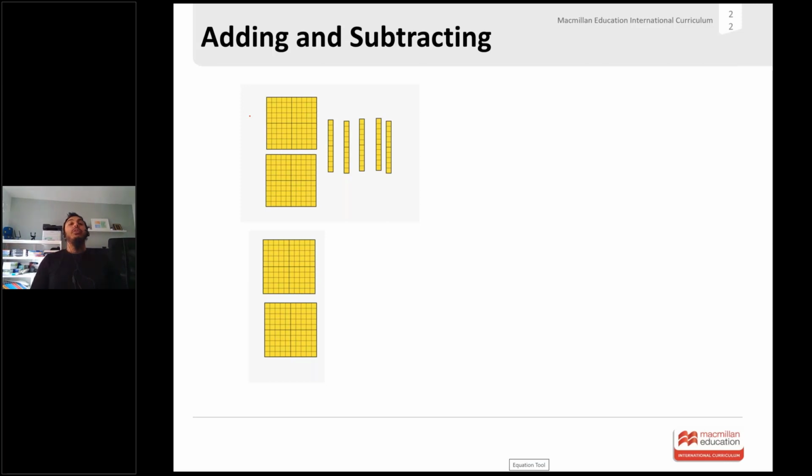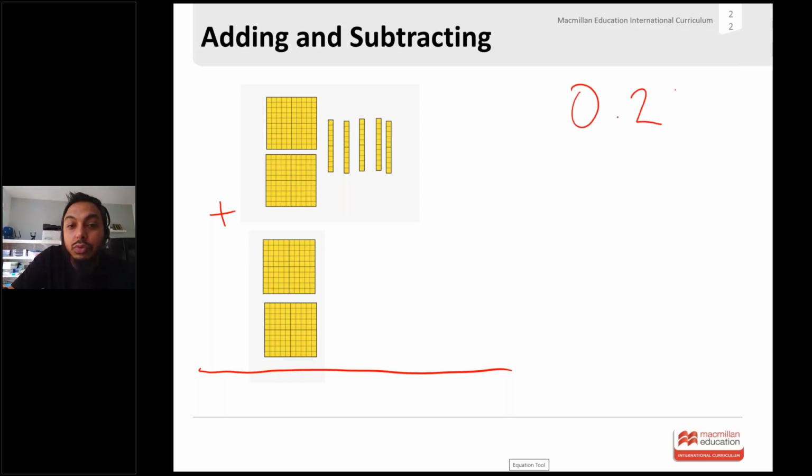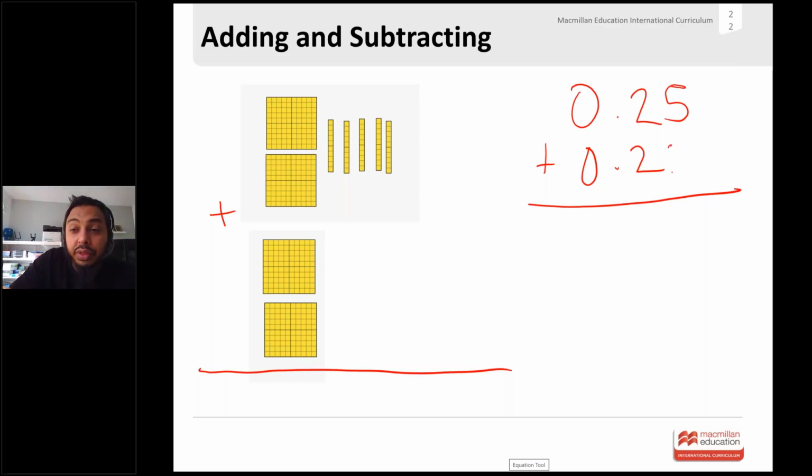So looking at adding and subtracting as well, let's have a look at this question. Let's say it's addition. So when we look at addition, we can look at it straight away if you want. 0.25 add 0.2. Straight away, I mean using column addition. Okay, how many hundredths do we have in the second number? Oh, we've got no hundredths, so we can put a 0 there then, can't we? Okay, now just check my audience can see this. Yeah, that's fine. Okay, so when we add this together,